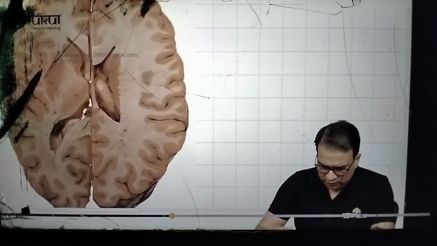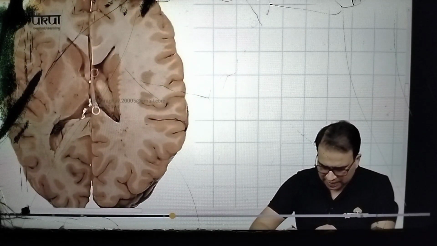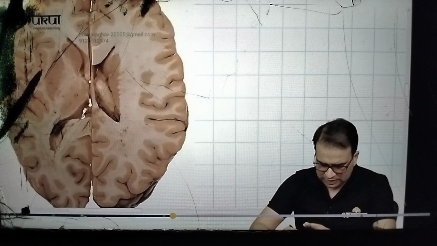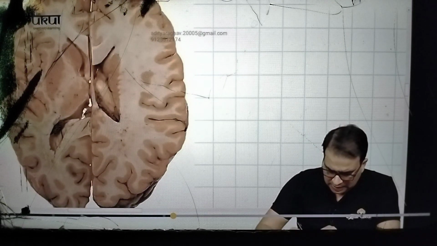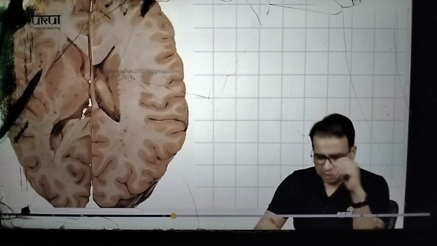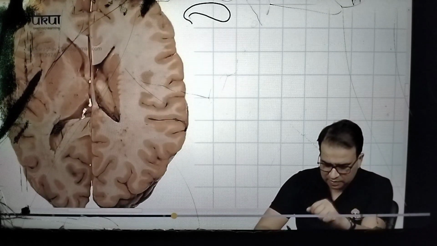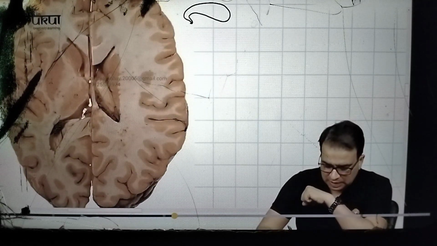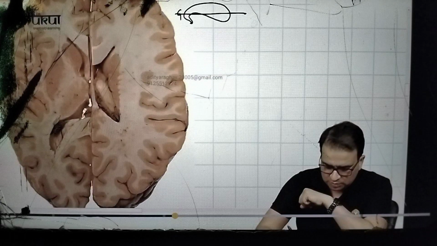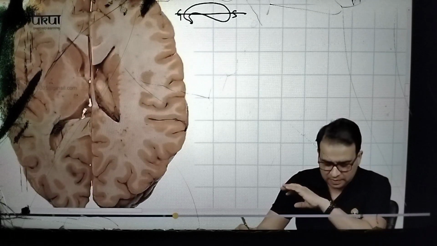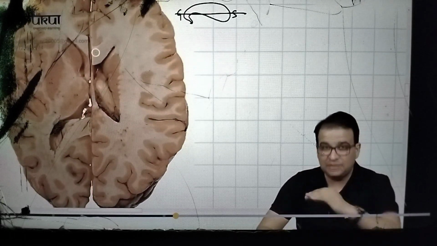So if I want to start with the right section here, I just want to focus on the 3-4 major features that you should be able to appreciate. When you take a transverse section through the corpus callosum, the corpus callosum is shaped something like this, right? The section will go from the genu, which is the most anterior part, to the splenium being the most posterior part. So this region here is the genu part of the corpus callosum in the transverse section, and this has to be the splenium part,